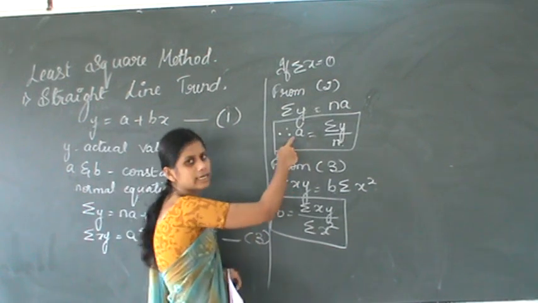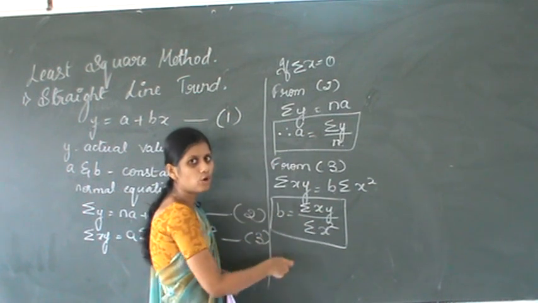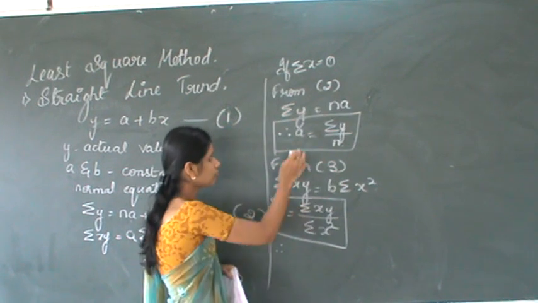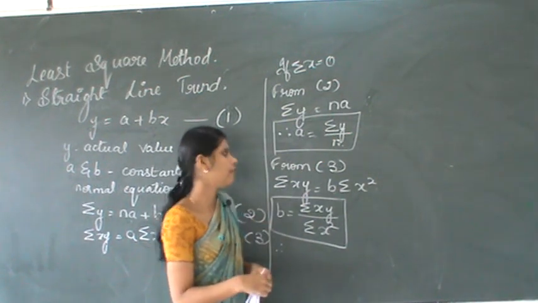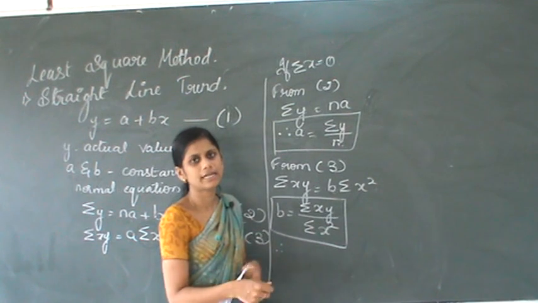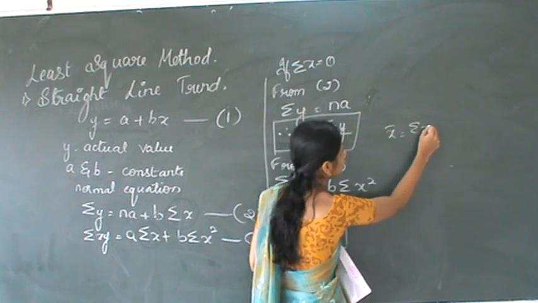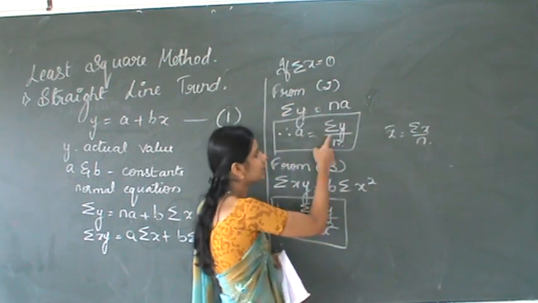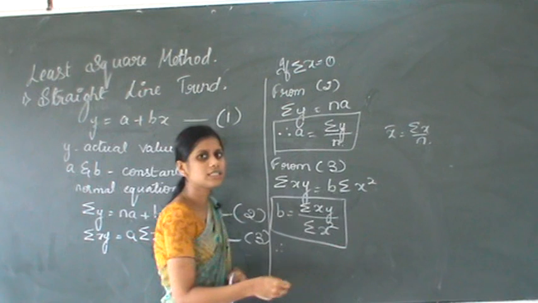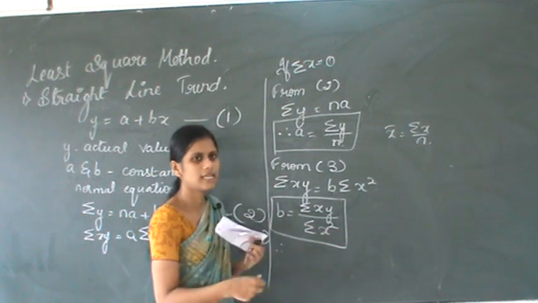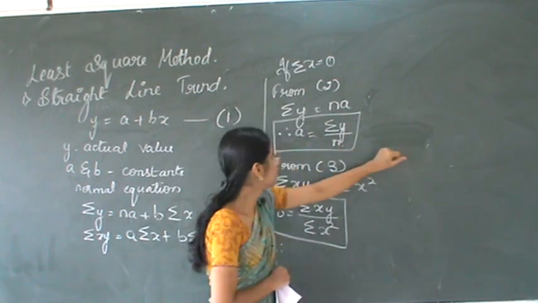This is the formula to calculate the value of a in straight line trend, and this is the formula to calculate the value of b, which are the two constants. Therefore a is nothing but the mean of y, and b represents the rate of increase of y. The mean formula is x bar is equal to summation of x divided by n, so here y bar is equal to summation of y divided by n. Here n is the number of years for which data is given. So summation of y divided by n. Therefore a is